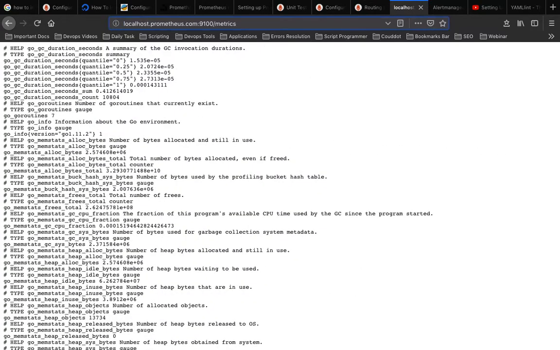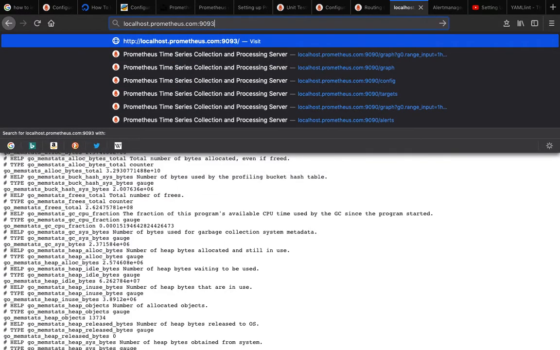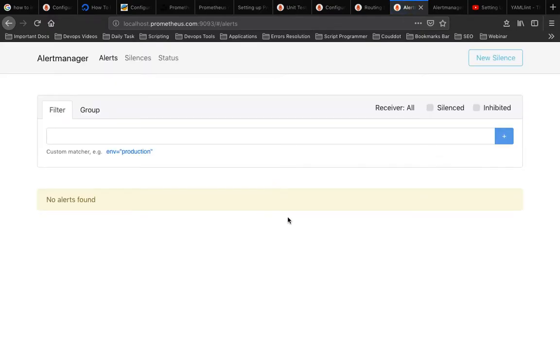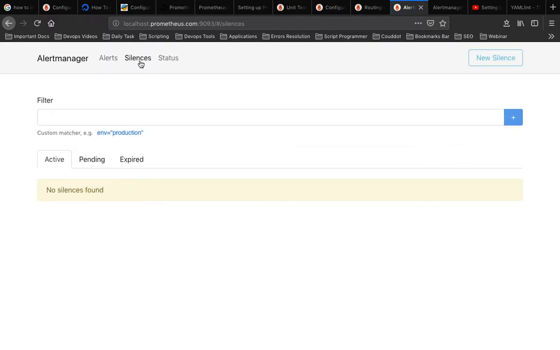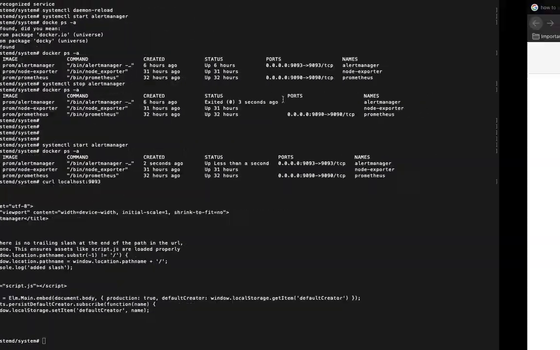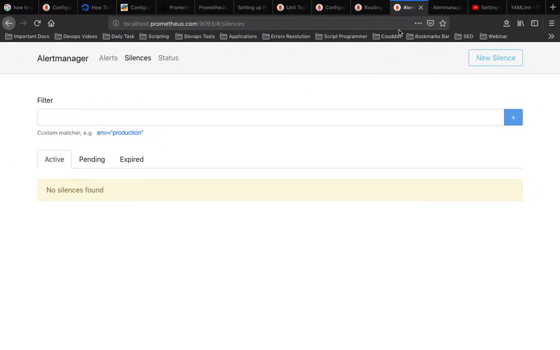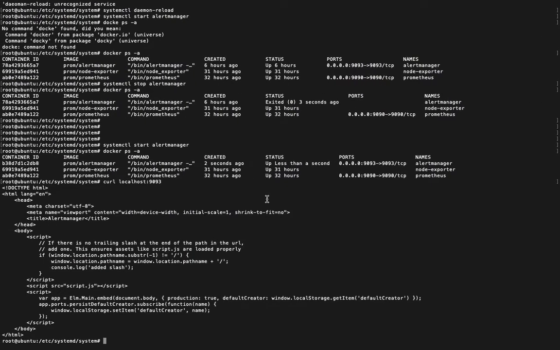And for Alert Manager we have to use port 9093, and over here you can see the alerts and everything. So this is the thing you have to do. And for more information